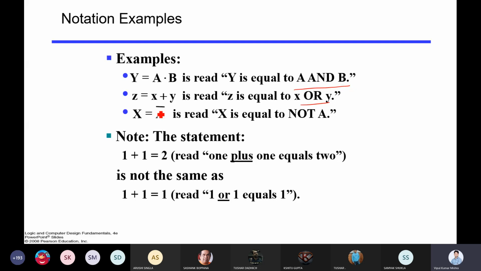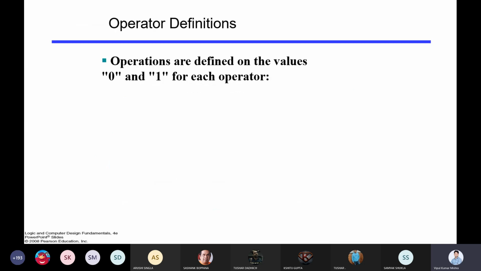And if you say complement, then it's a NOT gate. In the normal decimal system, 1 plus 1 is 2, but in Boolean algebra, 1 plus 1 is 1, meaning you are performing OR operation, 1 OR 1 equals 1. Some simple concept you already know.